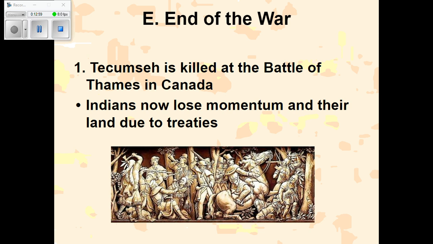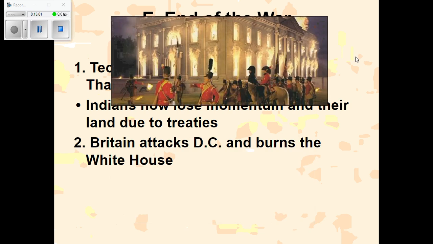So Britain tries to press this attack, and they actually end up attacking Washington, D.C., and they burn down the White House. They burned down the White House, they burned down the Library of Congress, which is where most of your books were at the time period. And Washington really takes a big hit. So here it's Britain coming in at our major headquarters, our main city, and burning things to the ground. Now, you do have some heroes at this time period.